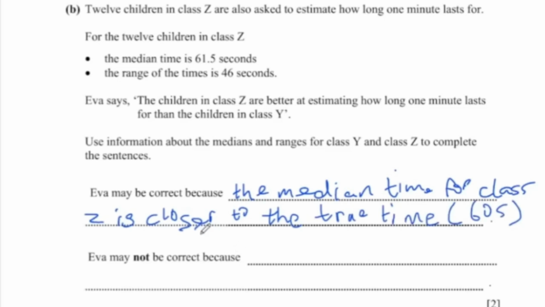It's also possible that Eva may not be correct, so now we look at the range. The range for class Z is 46 seconds, while the range for class Y is 33 seconds. What does it tell us? It tells us that there are some students that had a very bad estimate of 1 minute, and that skewed the range. So possibly we had a very large number or very low numbers, giving us a range that is quite inaccurate. So Eva may not be correct because the range